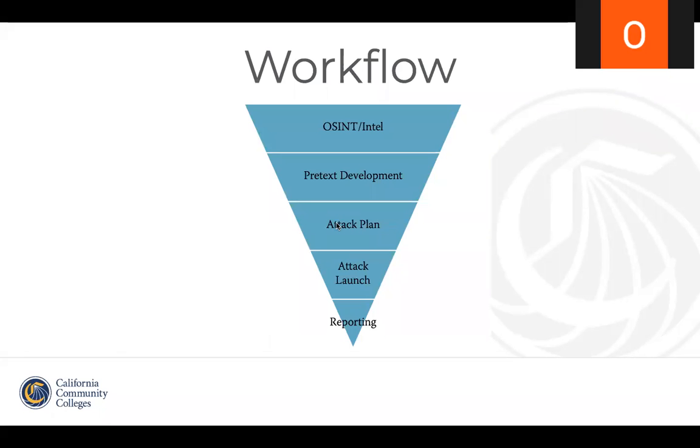So after pretext, we have the attack plan. This is the next step that the social engineer would take. They would ask the 3 W's: what, when, and who. They would ask, what is the plan? What is it that we're going for and trying to achieve? What does the client want? These questions help develop the next piece of the attack. They would also ask, when is the best time to launch the attack, and who needs to be available at the moment for support or assistance?